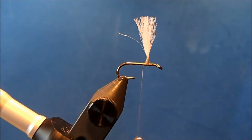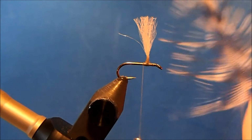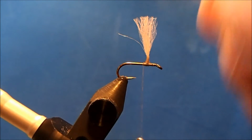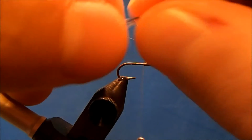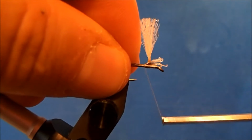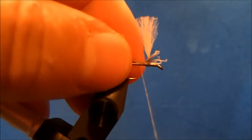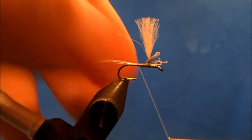So for the tail, I'm going to make this all in the grizzly color scheme. So I've got a grizzly hackle. This is from my scrap bin. It's a little bit oversized obviously for this, so I'll take off a pinch of fibers for the tail, and I'll measure it out roughly to be a hook shank in length, and then I'll tie that in